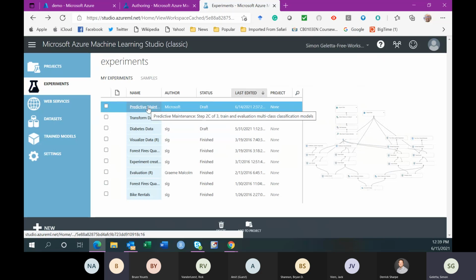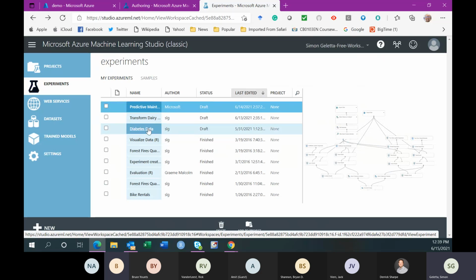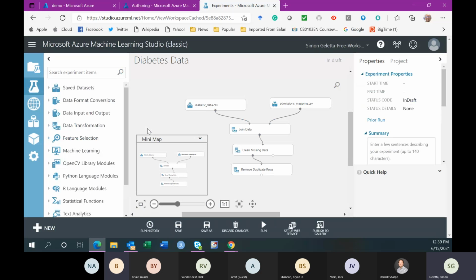Predictive maintenance, diabetes data. Here I probably show you how you join two data sets. This is diabetic data, hospital discharge data here, and admissions. There are admission codes on this.